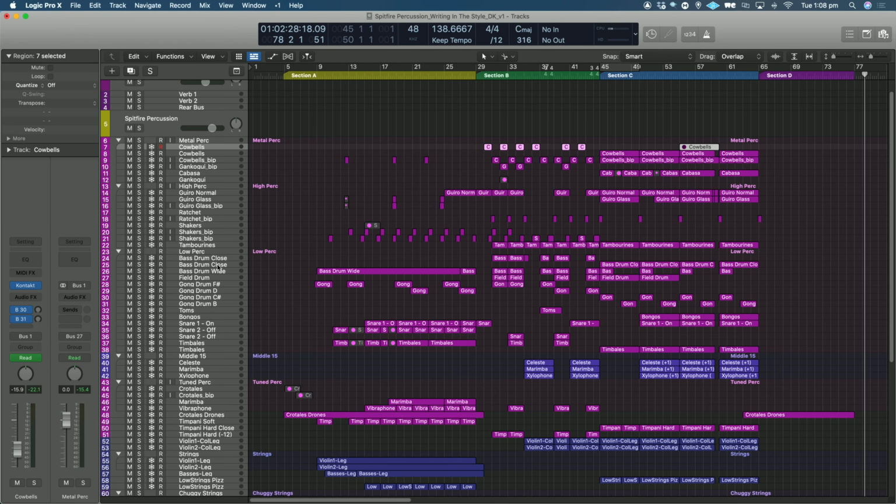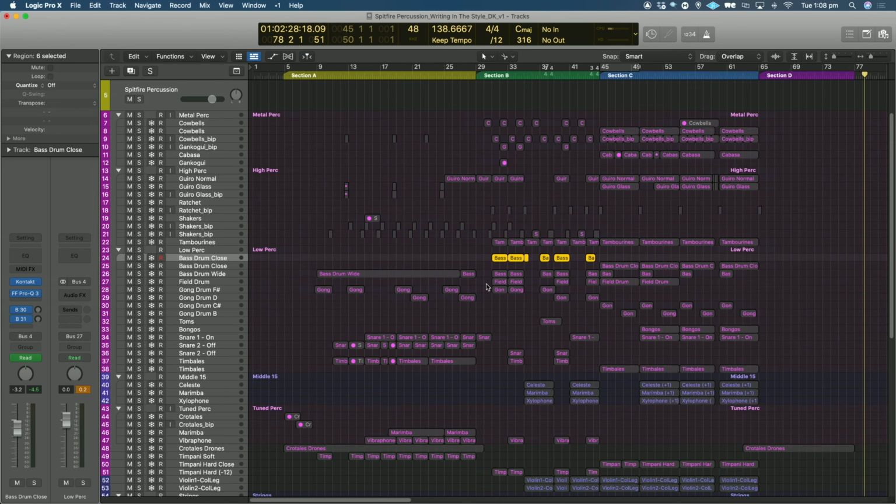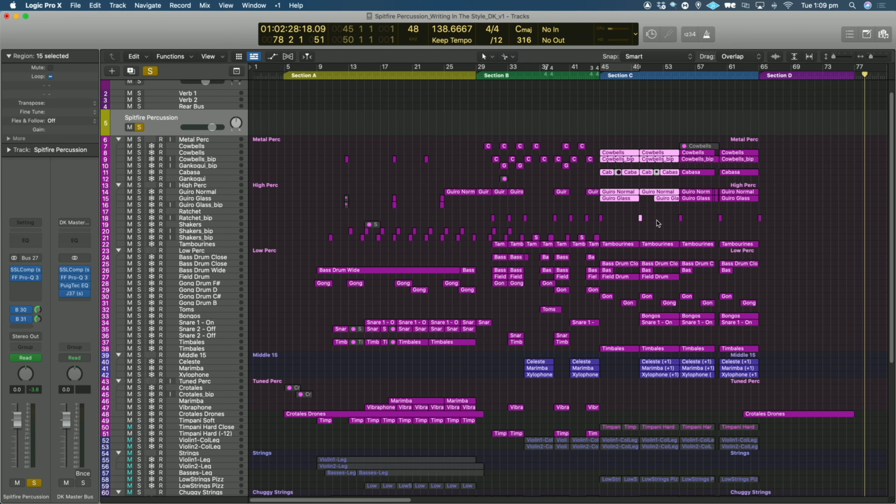And so for the purpose of writing this piece, I was really specific about my use of the different mic positions. You'll see at times with the bass drum, I've got a close sound and then a wide sound. And as we go through the project, you'll see that I'm using these mic positions to get a little bit more punch, a little bit more definition, where otherwise it might get lost in the scope of the room. As you can see, we've got a lot of percussion in this piece. And if I just play this section here, section C,